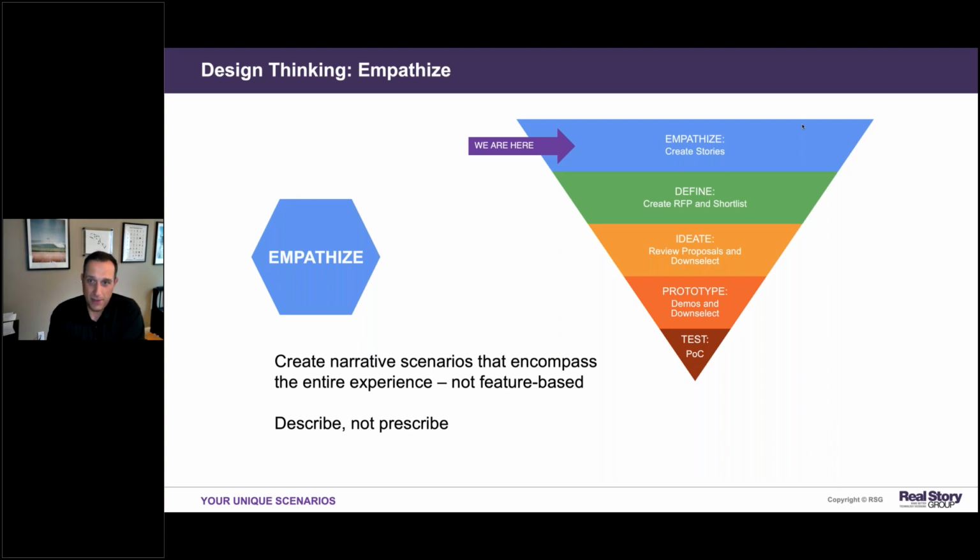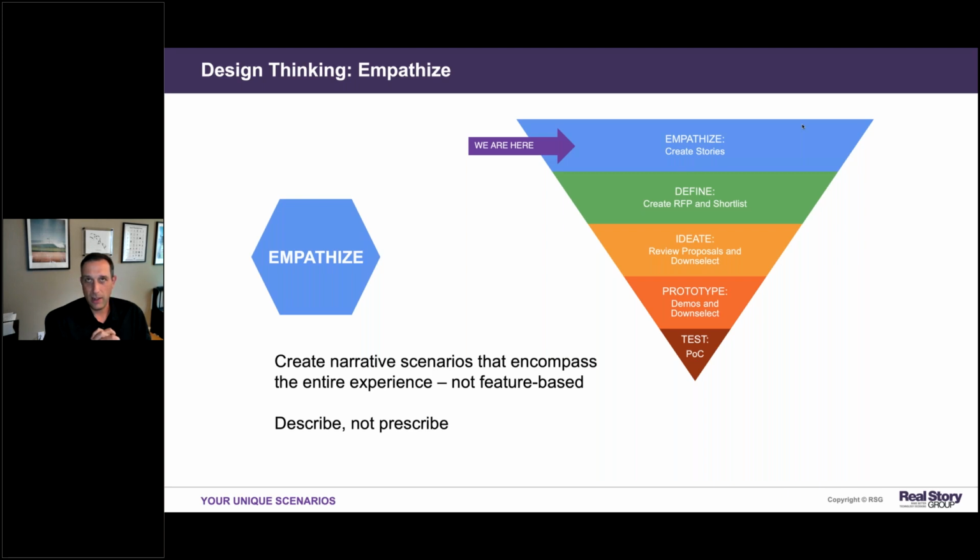Let's start with the empathy phase. So here, I think it's really important to, like I said earlier, get away from trying to design the future system in a perfect way at stage one. Here, what I want you to do is go within your organization and find out what are... you don't need to come up with every requirement, but you do need to find out what are the differentiating requirements for what it is you're trying to do. What makes you different?